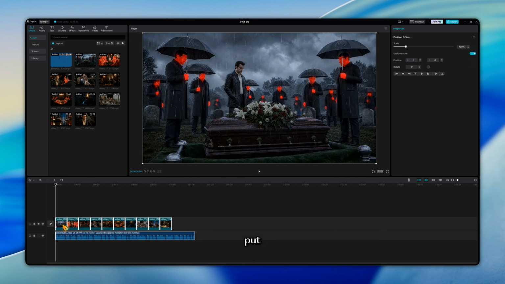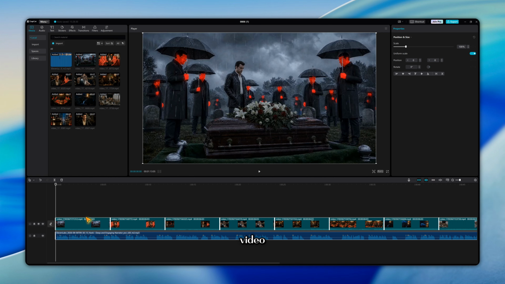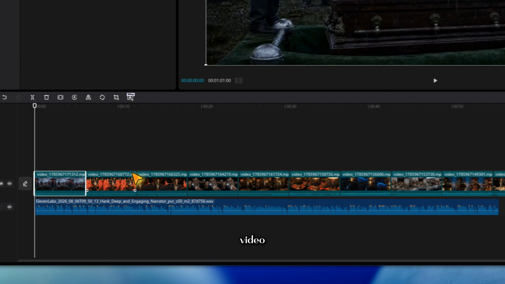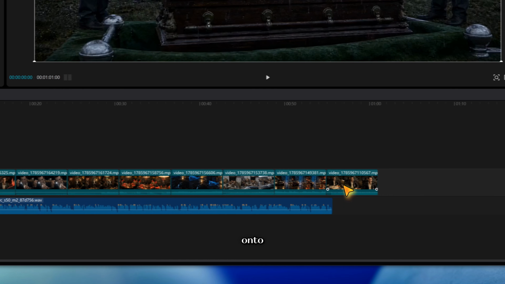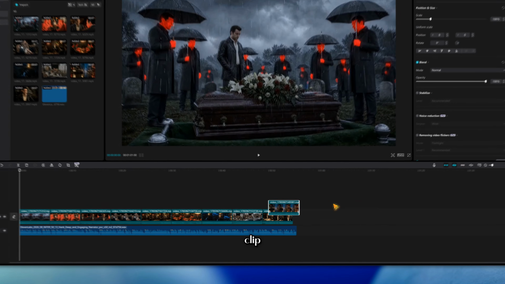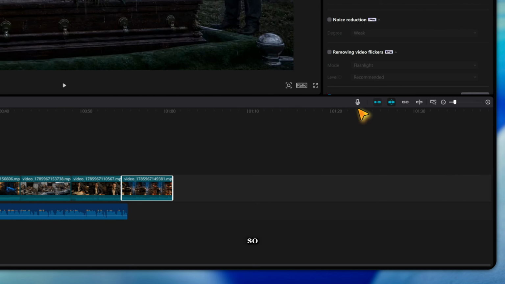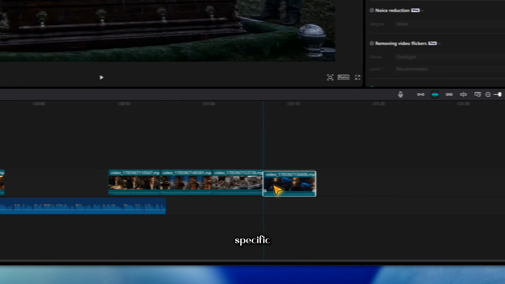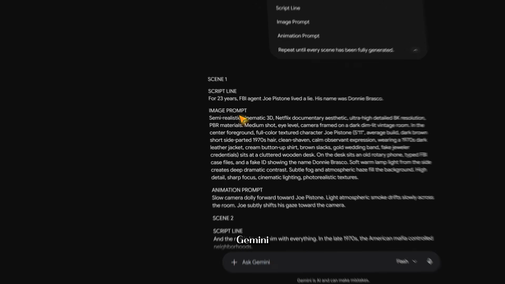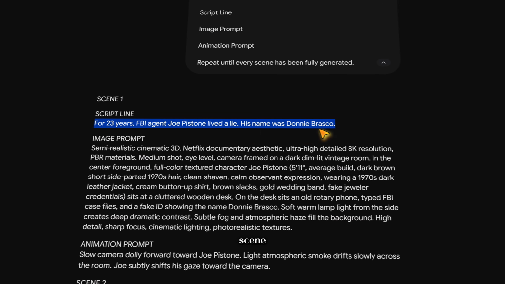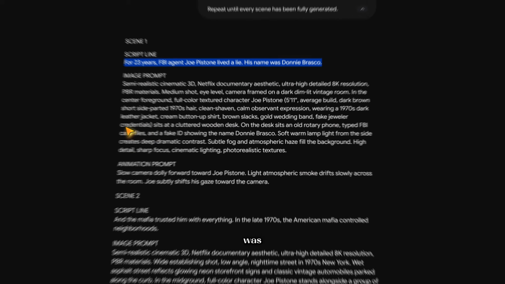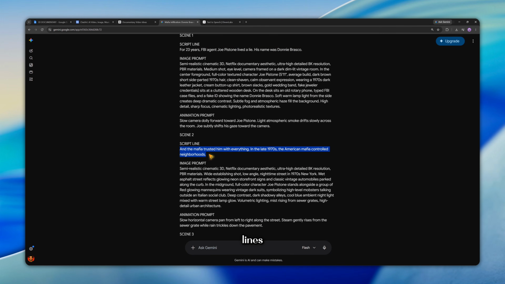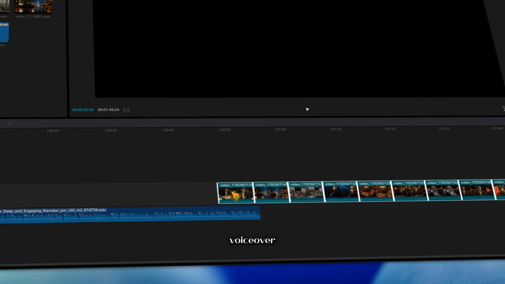Now, it's time to put everything together. Open your favorite video editor and import all the generated video clips, along with the voiceover, onto the timeline. Arrange every clip in sequence, then align each shot so it matches the narration perfectly. If you're ever unsure which clip belongs to a specific part of the script, simply head back to Gemini and check the script line for that scene. Since every image and animation was generated from those exact script lines, matching each clip to the voiceover becomes quick